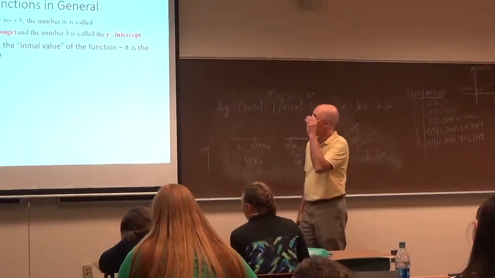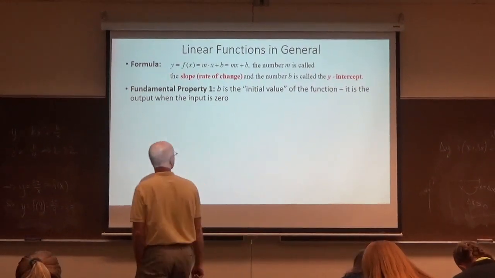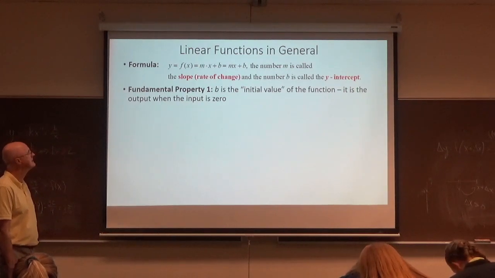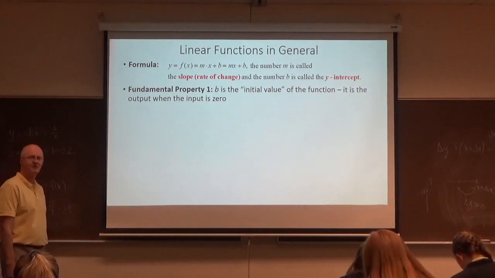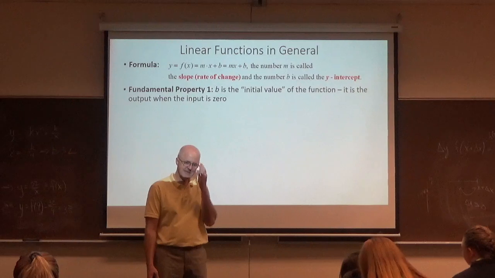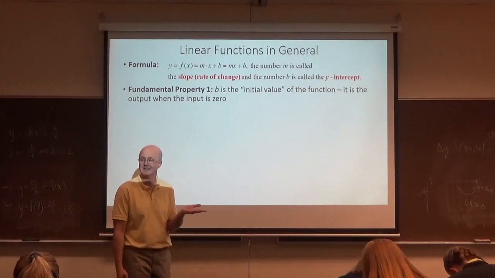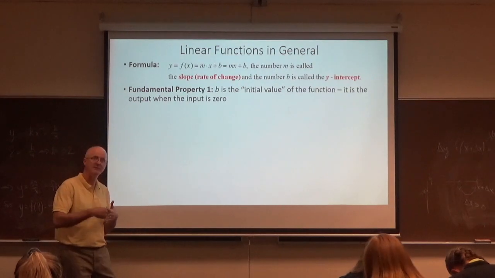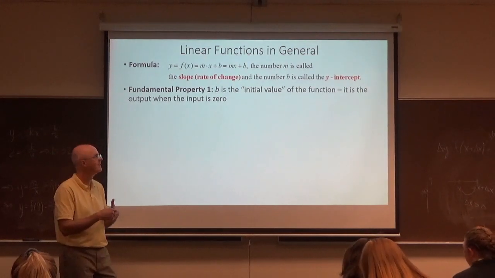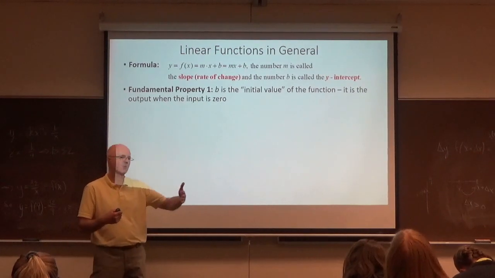Got a couple fundamental properties. B is the initial value of the function. It is the output when the input equals 0. I'm using the phrase initial value because that's a common application. Sometimes x is time, and in that case, you may be more likely to call it t. And the initial value is the value of the function at time 0, initial value. But you can still use the phrase initial value even if x is like the number of widgets made in